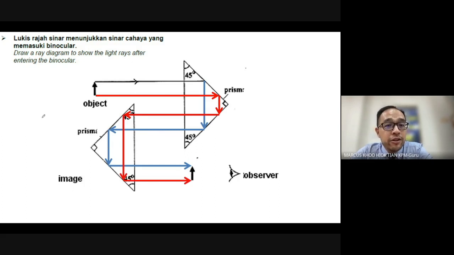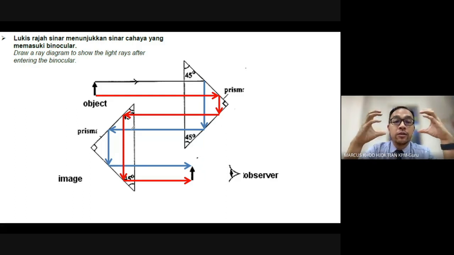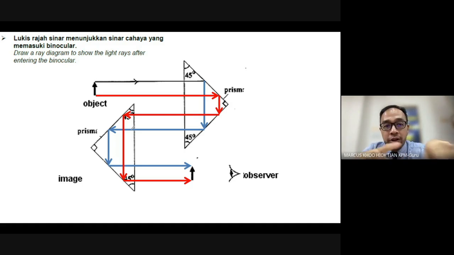Okay, the arrangement of the binoculars is also pretty interesting. And this is only in one eye. Okay, so imagine binocular is two sides, right? Two sides. So there are actually four prisms in the normal binoculars. Okay, that are arranged in such a way where all the reflection happens internally and you get a very nice